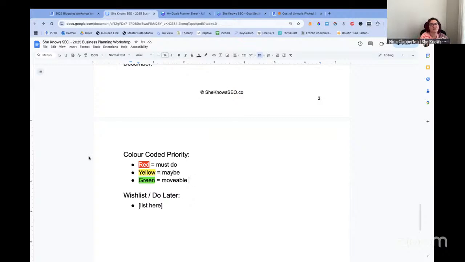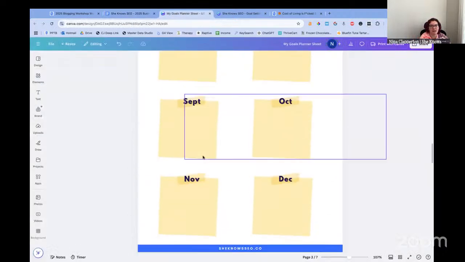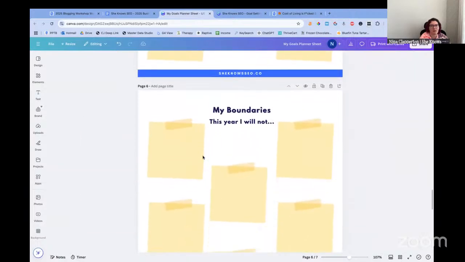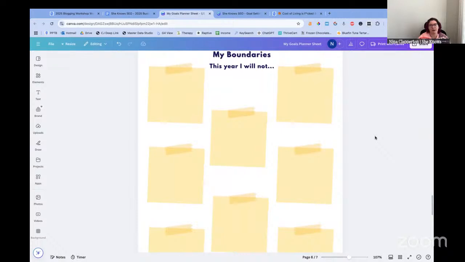Now, I did mention triggers and things like that. So in the planner, something else I added after the monthly goal and the action steps you're going to take is the boundaries. I got this idea from Laura Pope. So Laura, who is Adventures with Laura. I mostly follow Puglo at this point, which is her pug that I'm obsessed with. I may have gotten the name wrong. I will check and put it in the description.